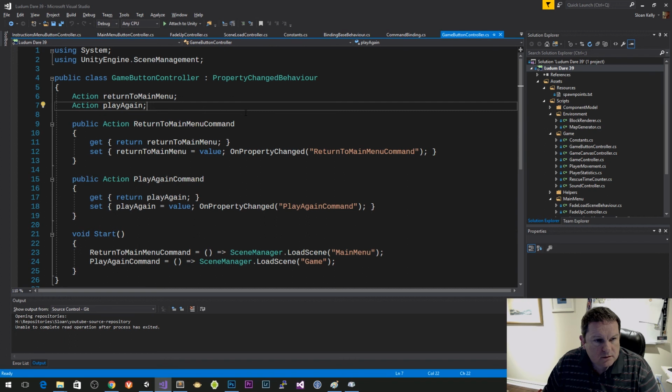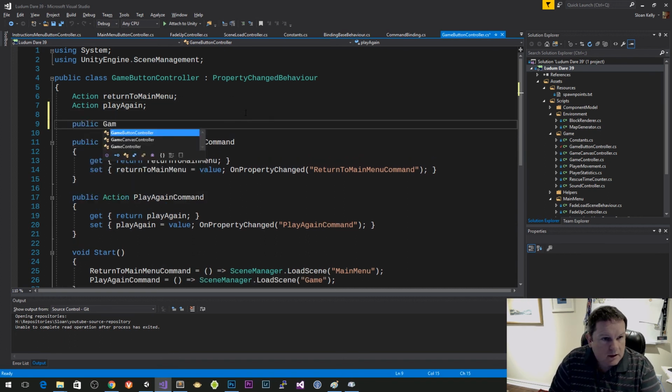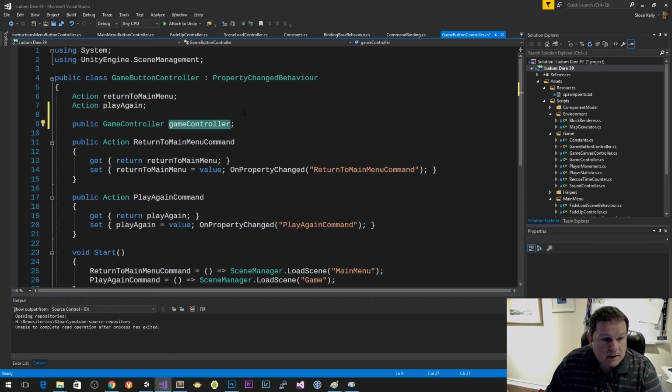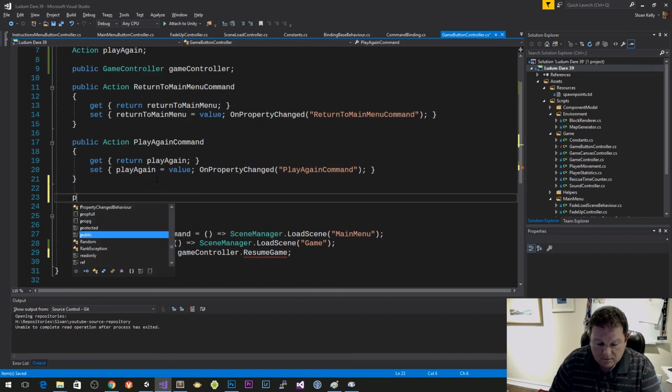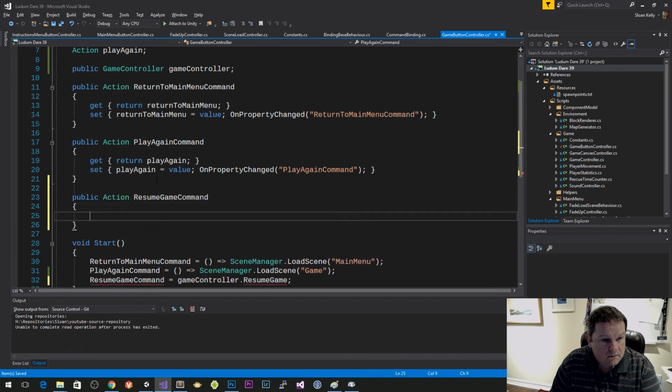game button controller. So I'm going to do public game controller. Controller, and then I'm going to have resume game command equals, actually this is just going to be game resume game. And public action return resume command game command